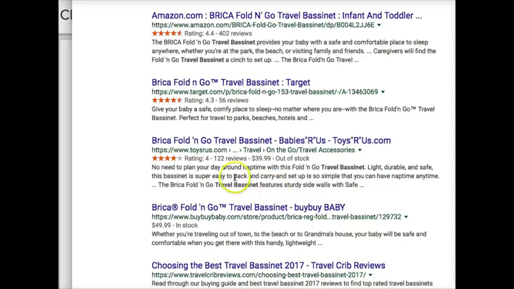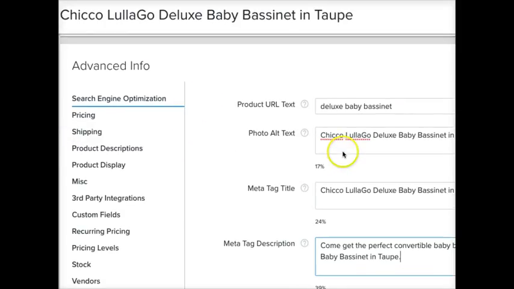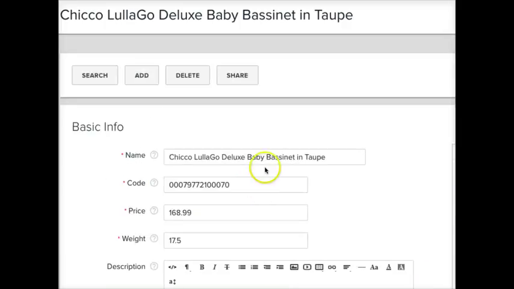Okay? Well, Google's also reading that data. They're looking at all of that information, and they're saying, okay, at the top of the page, the first thing we see is in the URL, they're using Deluxe Baby Bassinet. Then they go down and they'll probably see the meta title tag next, and they see again, oh, there's that phrase again, Deluxe Baby Bassinet. I think this page is about Deluxe Baby Bassinet. And then they go down the page a little more and they might see the product title. And they say, oh, there it is again, Deluxe Baby Bassinet. Yes, I'm almost sure this page is about Deluxe Baby Bassinet.